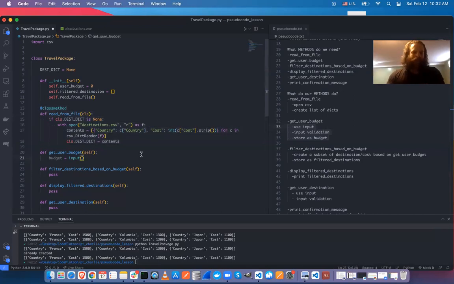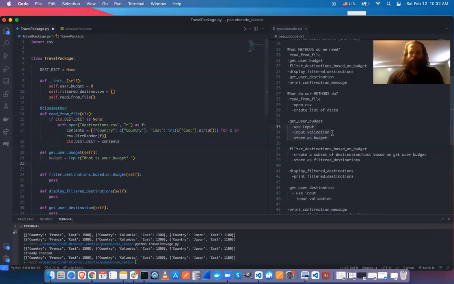All right, so we've got the budget, so we need to get input. Okay, so we're going to get the budget, and then we need to validate the input. Again, to keep it simple, let's go with ints for the user budget. We'll just do a simple check to see if it's not a negative number. So if budget is less than or equal to 0,